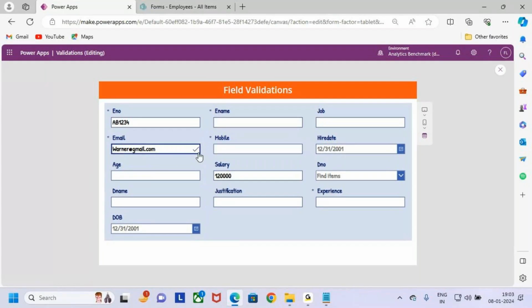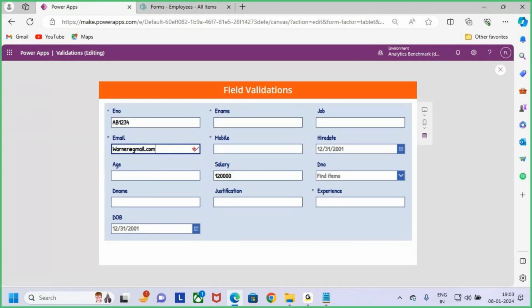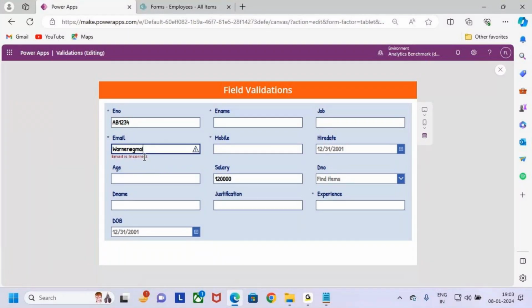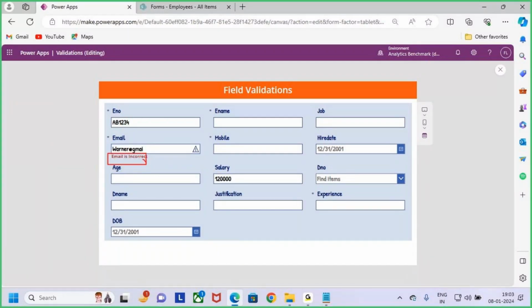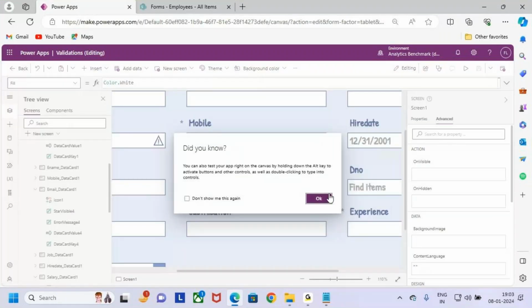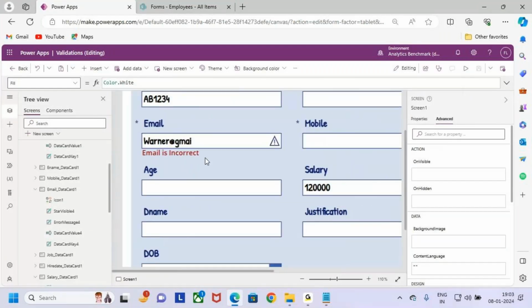So this is another type of validation. By using this check icon, you are able to perform it. Whatever code I am writing in this error message, the same code I am writing for this one also. And there is one more way where you can perform the same validation. So what is the other way? Now see,